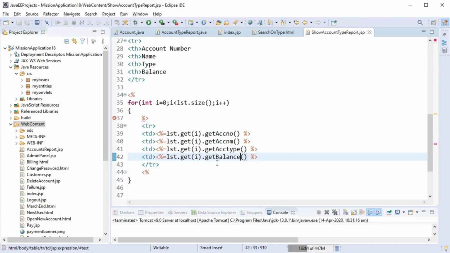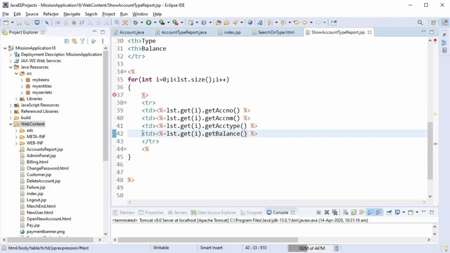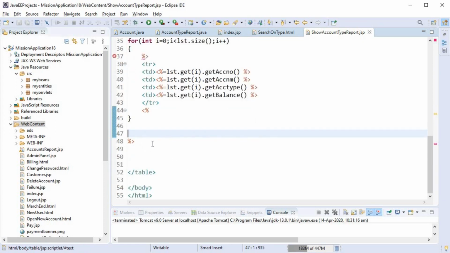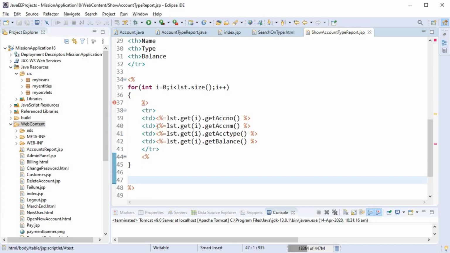Now it's showing you an error, but there's nothing wrong in the delimiters, so just ignore this. And now let's run the application. To test it, we'll have to run this application and see if it is printing the report properly.